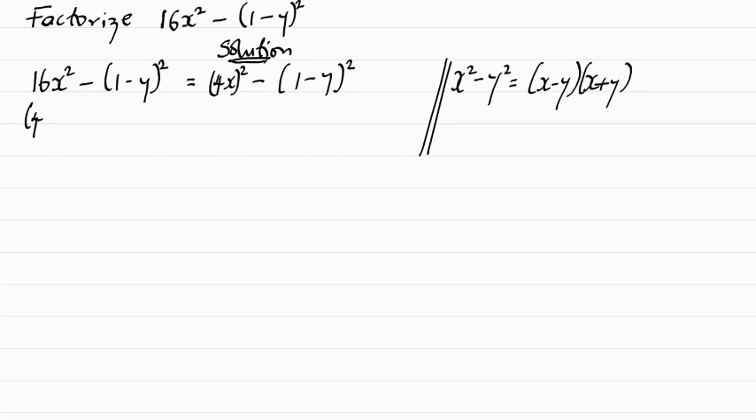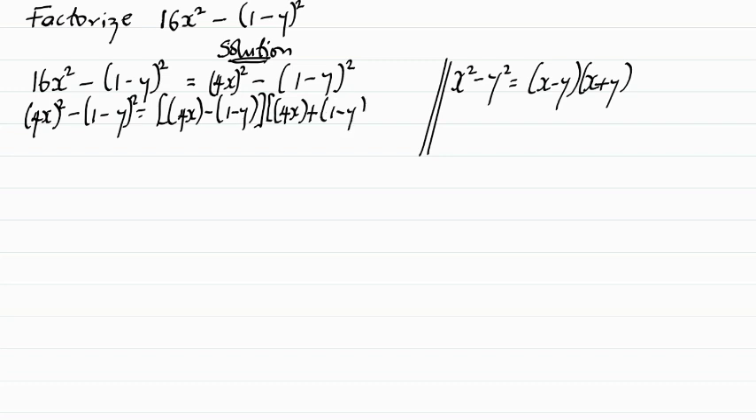(4x) squared minus (1 minus y) squared, all equal to (4x minus (1 minus y)) (4x plus (1 minus y)). All this is equal to